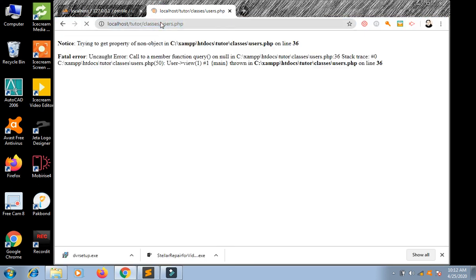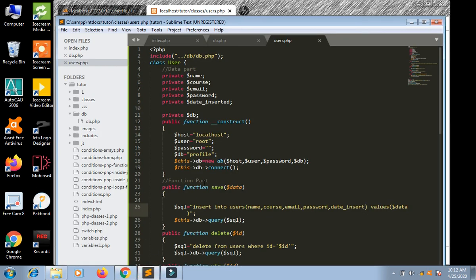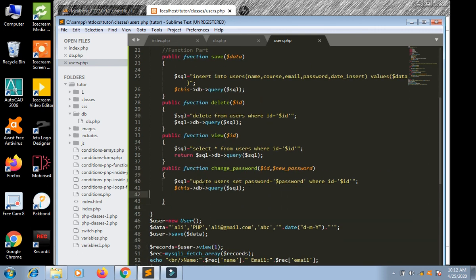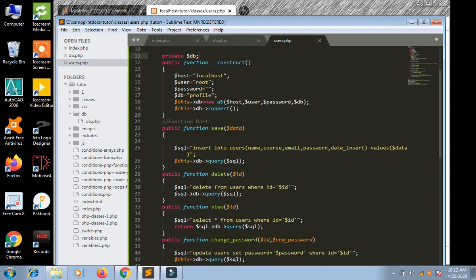Now trying to get property of non-object on line 36. These are the errors for learning. Where is line 36? 36 is here, $SQL DB, $this->db.